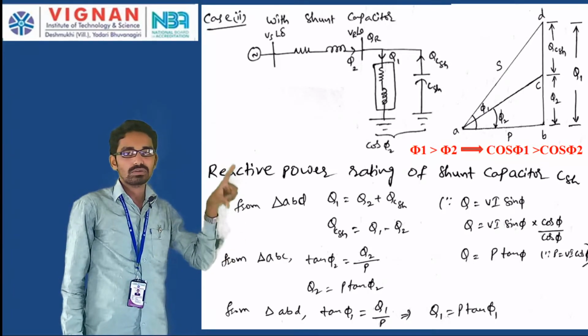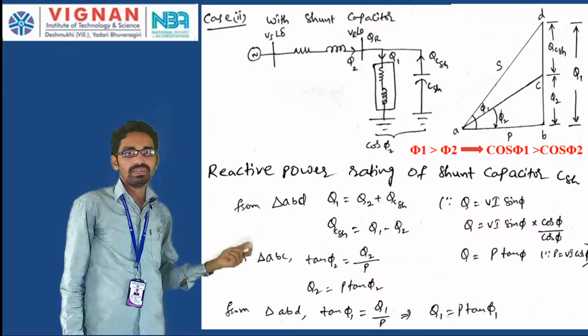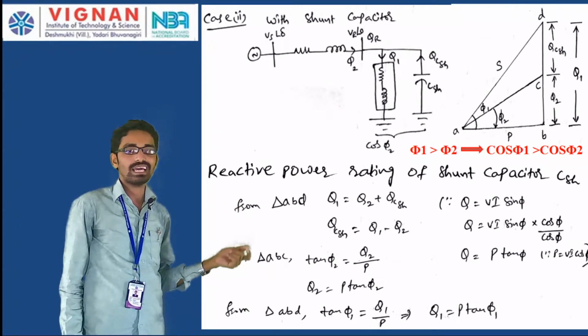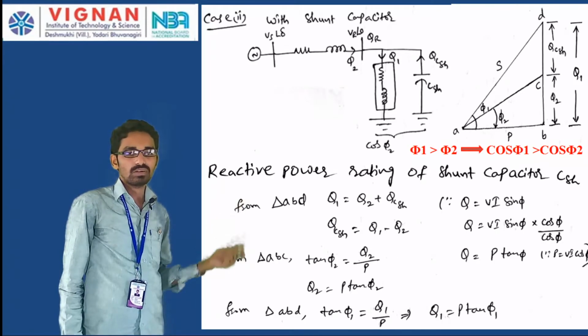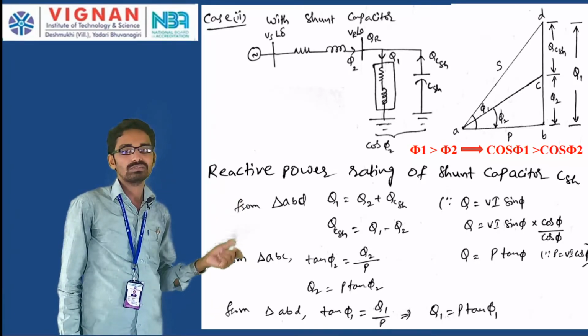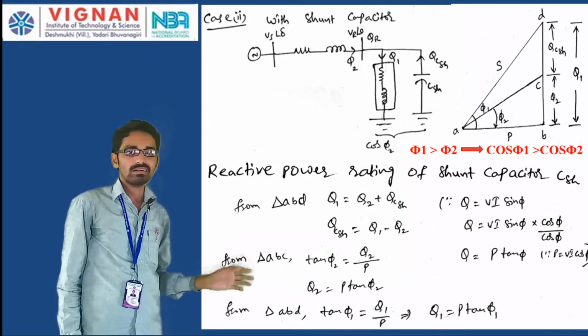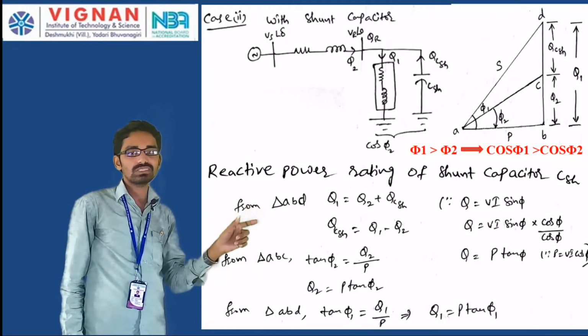Q1 is the total height of the triangle and P is the adjacent side. Opposite side by adjacent side, that is tan. So you are going to get Q1 by P, then you can write Q1 is equal to P tan phi 1. In this way you can calculate, or you can consider the general equation of the reactive power,